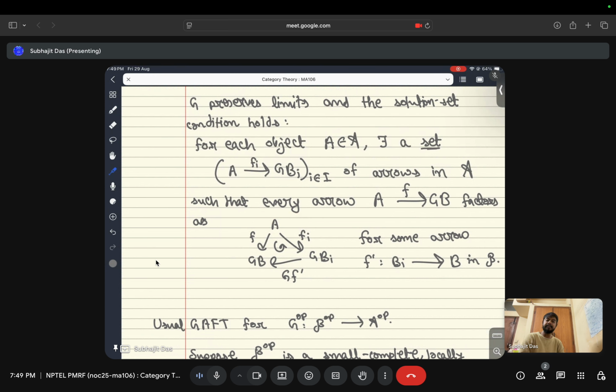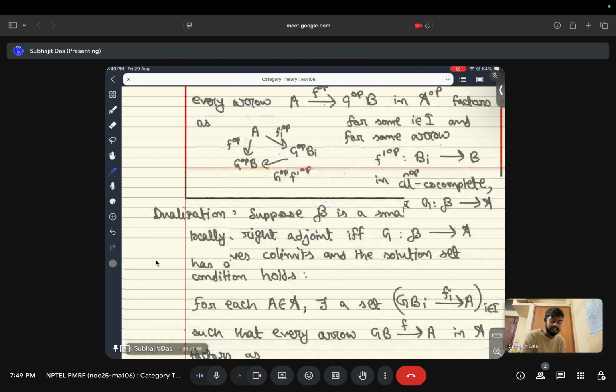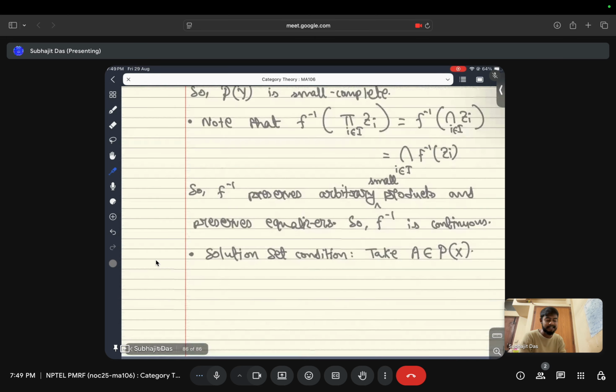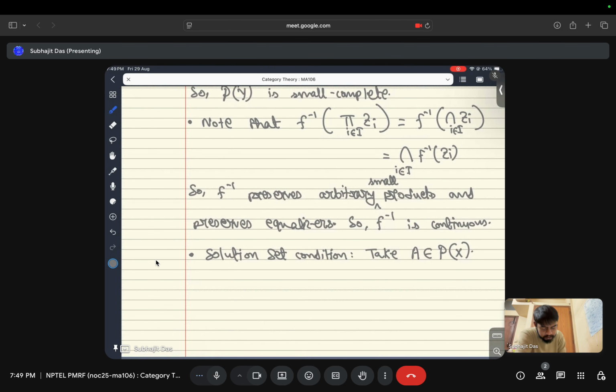Now, again, we are working in a thin category. So what this essentially says is that if f prime is an arrow Bi to B, then what this means is that some Bi should be contained in B. So what the solution set condition translates to is this. So we need a family, a set, I'll always mention a set, of objects